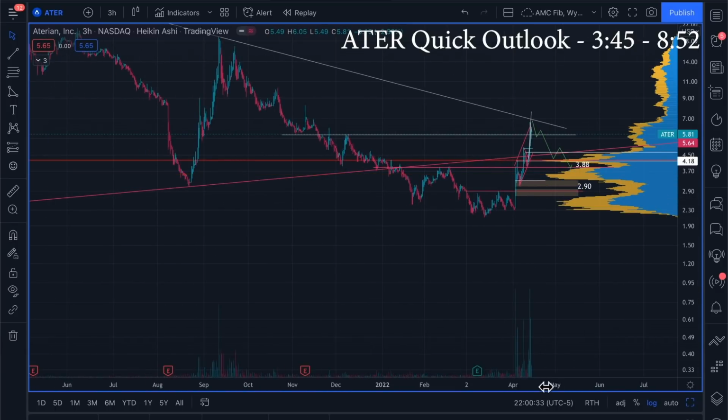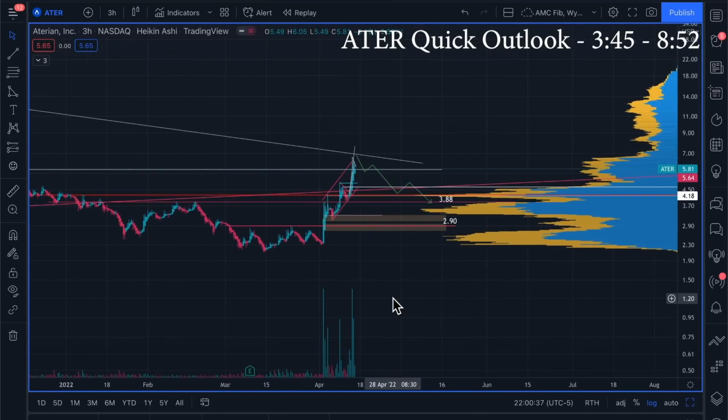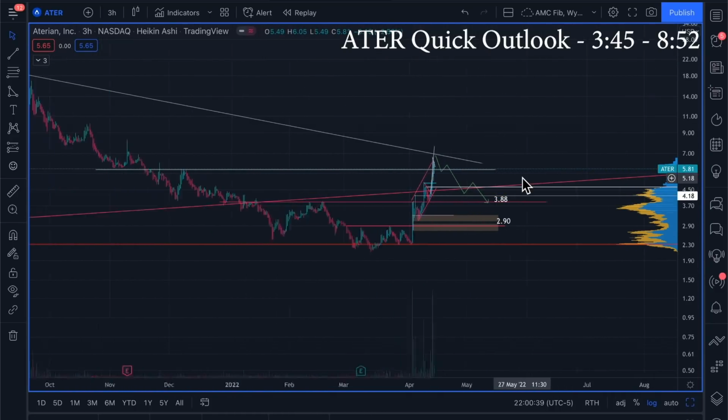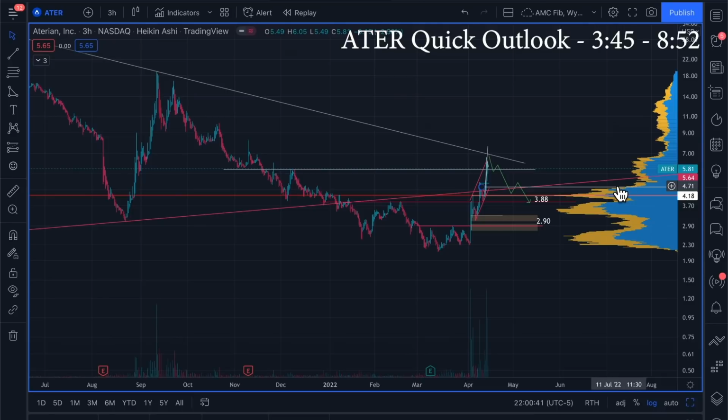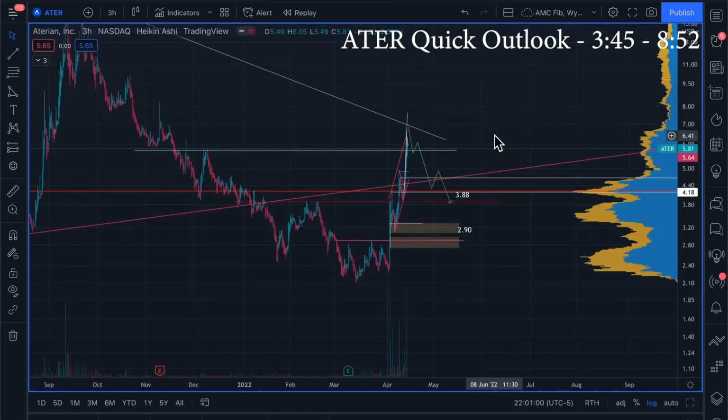But after today, I think it's probable that if there is a pullback here, it may kind of land on this shelf. And this shelf, if you can see it, sits right at $4.66, something like that. But right around there, maybe going as low as 4.15 or even like 3.88 into this liquid pocket. And that might be all it needs in order to bounce and continue on.